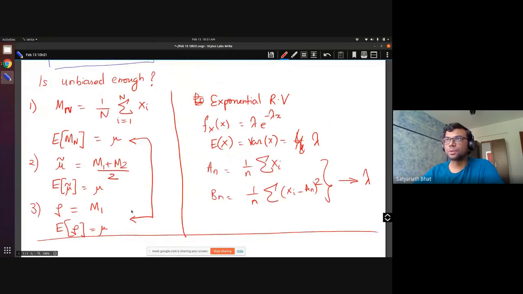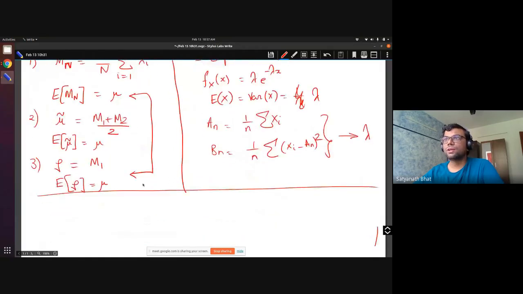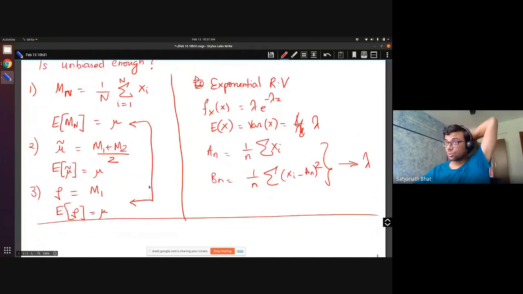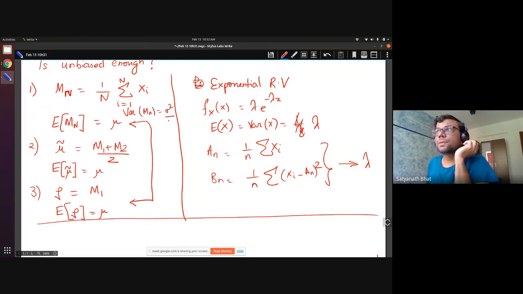If I were to plot that, the variance of this estimator, we have done this, so I will not repeat how it came, is going to be sigma squared by n. The variance of the other is going to be sigma squared. So when you are trying to estimate mu, do you want more variance or less variance? Less variance is better, right?